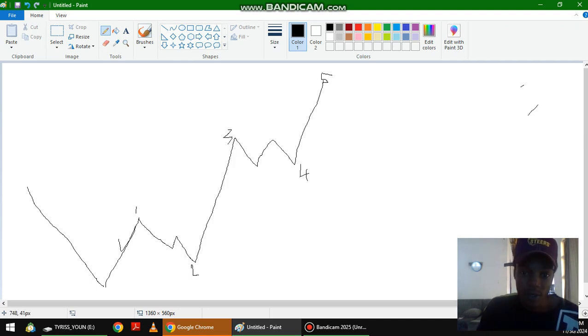So after completing these waves, they end at wave 5. After wave 5 ends, we start a new trend to the downside. After getting a new trend to the downside, if price decides to continue with the trend, it does continue with the trend. But right now I want to tell you the rules and guidelines of this basic pattern,